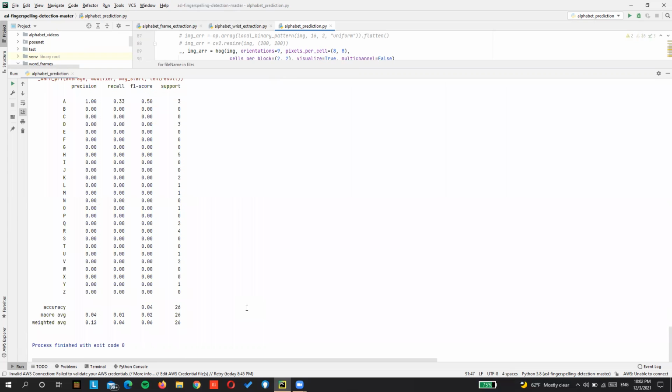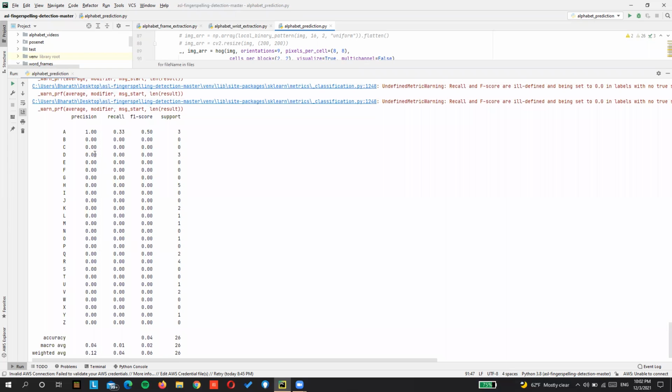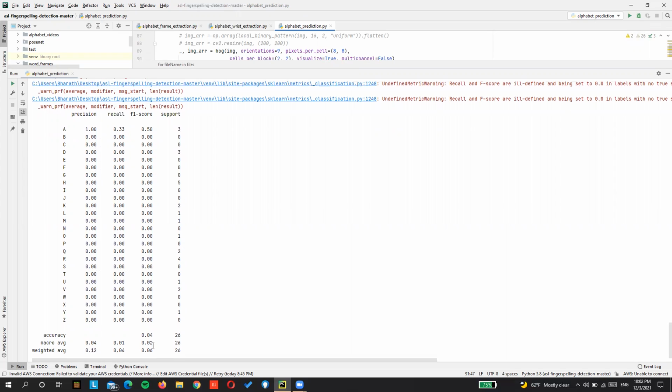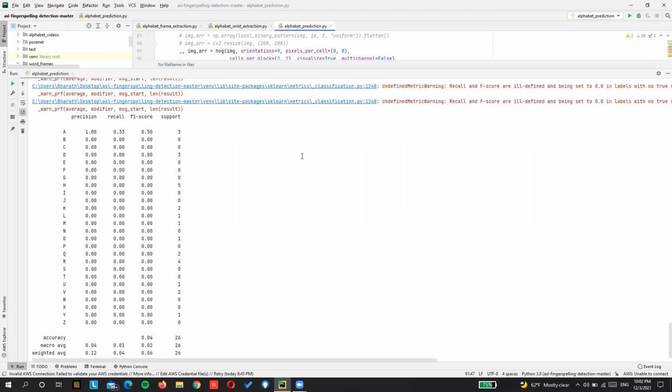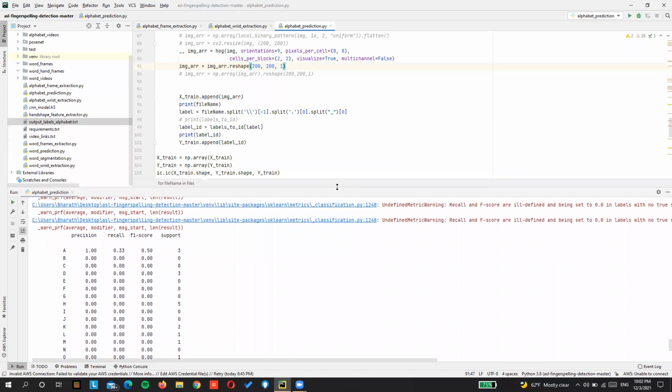Right. Once it is done training, it will predict, and this is the confusion matrix that it is printing, and we can see the F1 accuracy score of 0.04. We did try to increase the accuracy by shuffling the images as part of our training and using different hand feature extractions. And hopefully, we will try a little more by the end submission time.